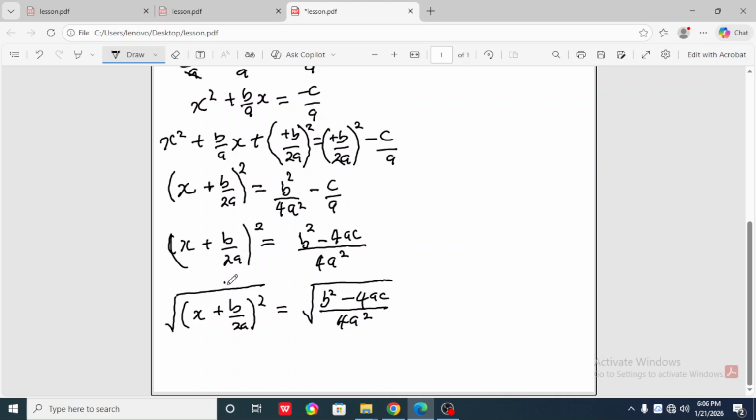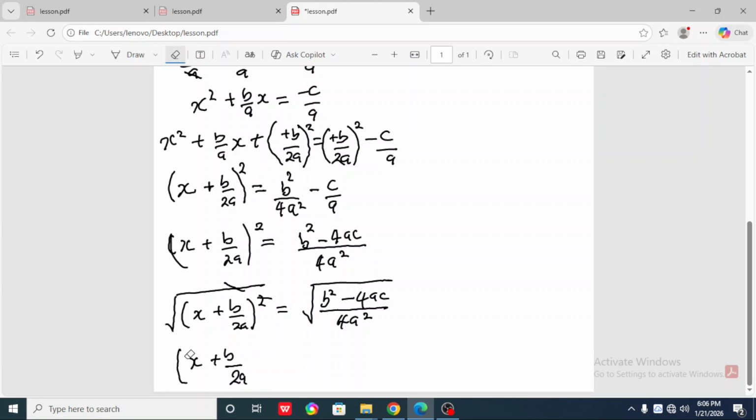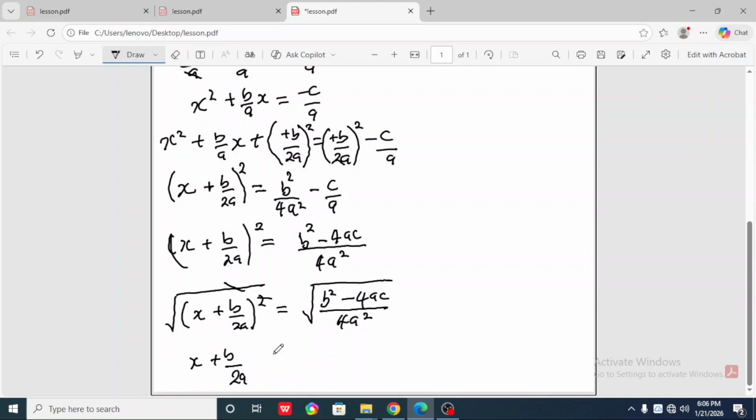So this square root will cancel square. So we are having x plus b over 2a. Since it has cancelled, I don't need this bracket. It has cancelled, the bracket is gone. So which will now be equal to,